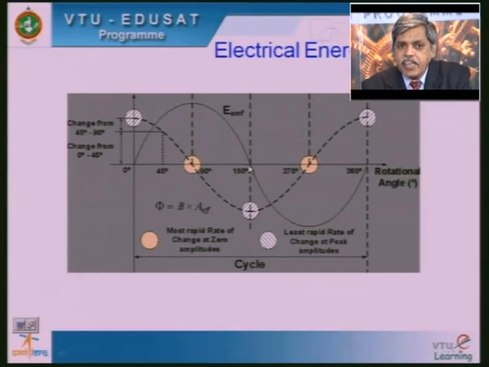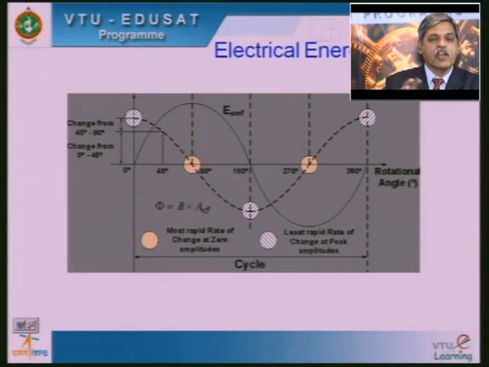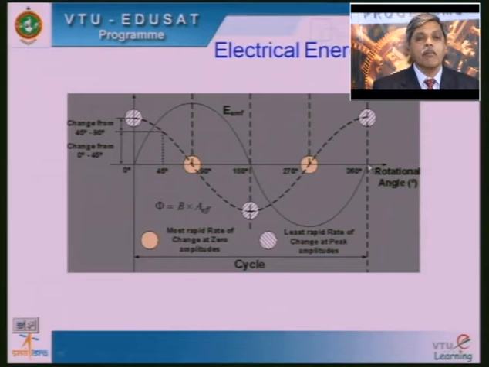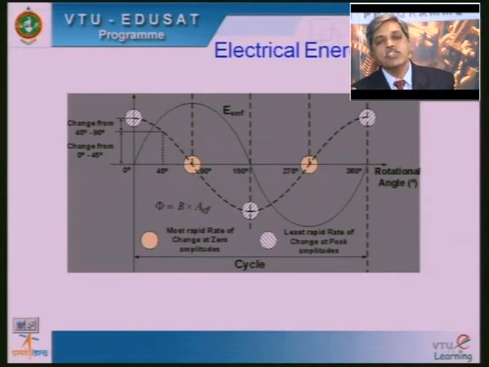Now after 180 degrees, as I told you, the conductor positions in the magnetic field will reverse. Therefore the induced EMF will be in the reverse direction, so I will be getting a negative half cycle here. This one full waveform that you have is for one complete rotation of the coil, from 0 through 90 to 180 to 270 and again 360 degrees. So at 360 degrees, the coil will come back to the original position.